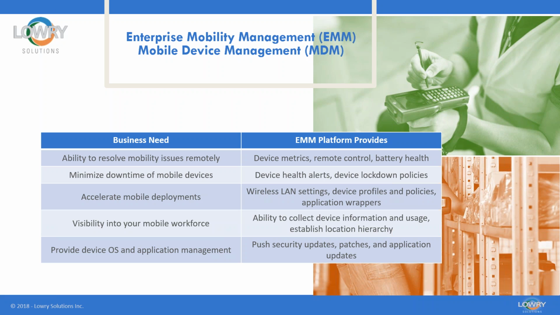And then finally, you want to provide device OS and application management. And that means things like pushing security updates and pushing the patches so that you're not vulnerable. So when things happen, like the WannaCry incident, which was a cryptoware attack that happened last year, it affected hundreds of businesses across the world. It would infect a device, it would lock it down, and then you'd have to pay a ransom in Bitcoin to hopefully try and unlock your device. And if that got on your network because you didn't push a security update, you don't want to be the person answering that call to your boss, that's for sure.